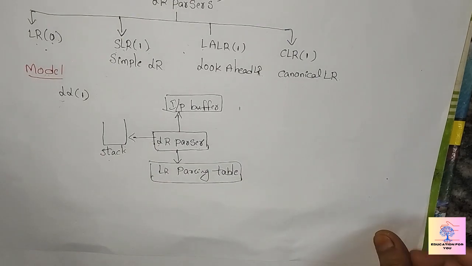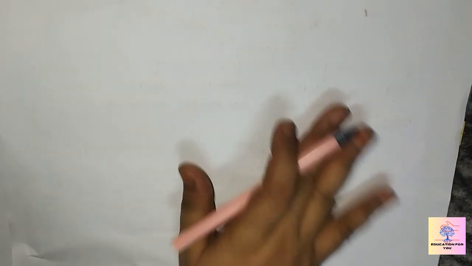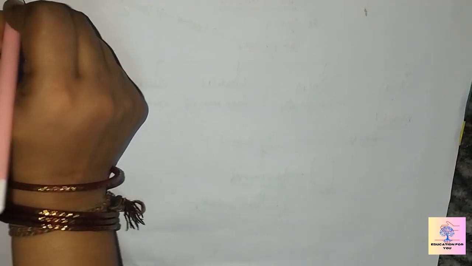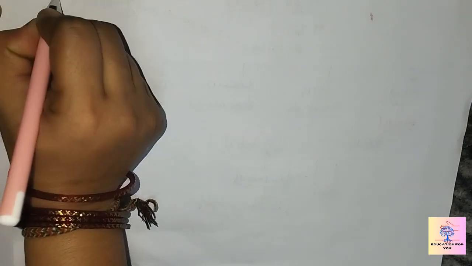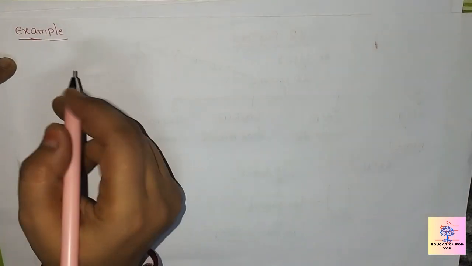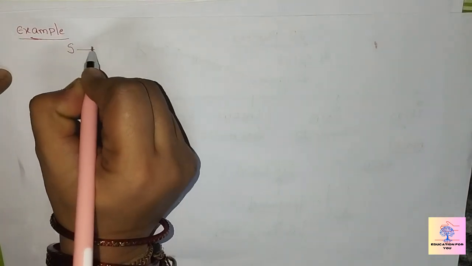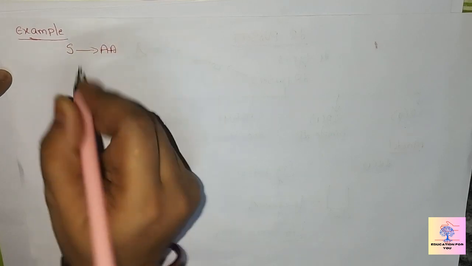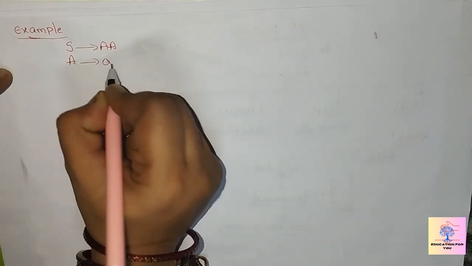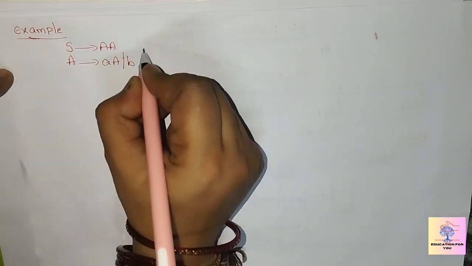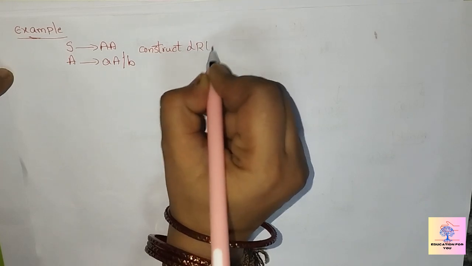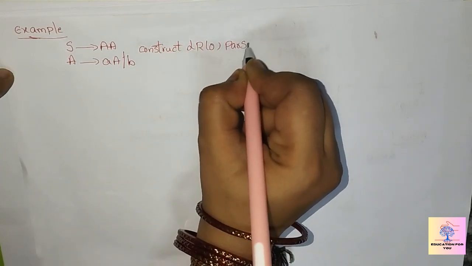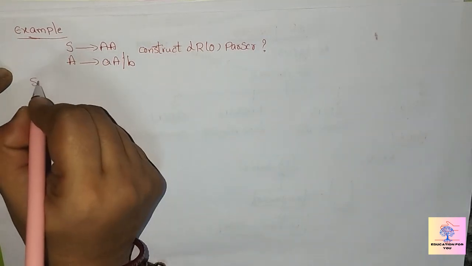Let us take one example here. The grammar is: S goes to A, A goes to small a or B. The question is: construct the LR0 parser. Solution is: